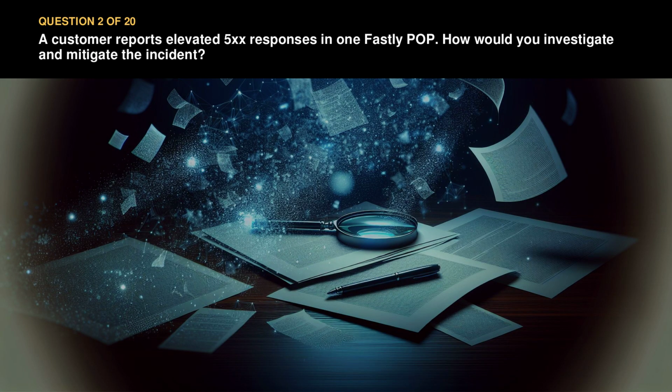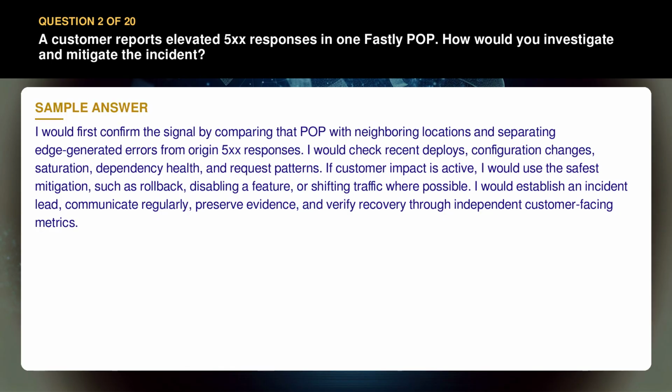Question 2. A customer reports elevated 5xx responses in one Fastly POP. How would you investigate and mitigate the incident? I would first confirm the signal by comparing that POP with neighboring locations and separating edge-generated errors from origin 5xx